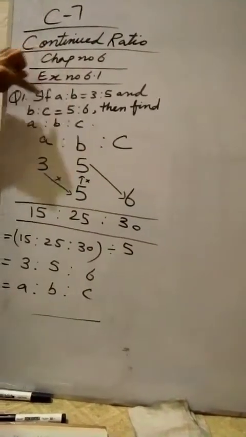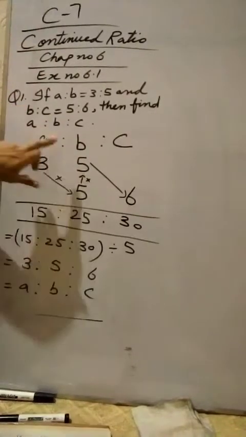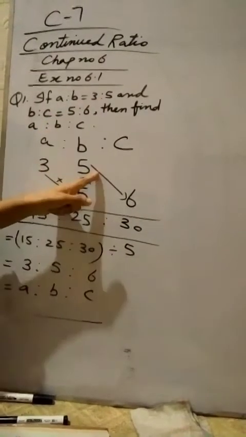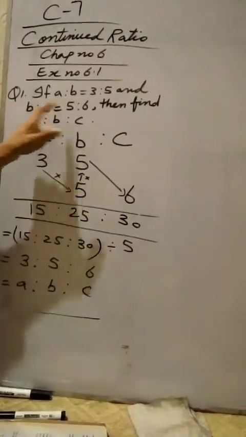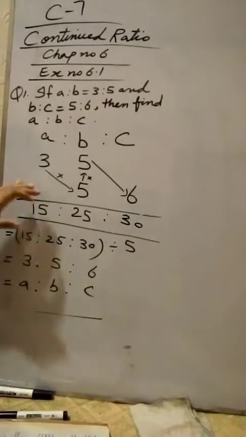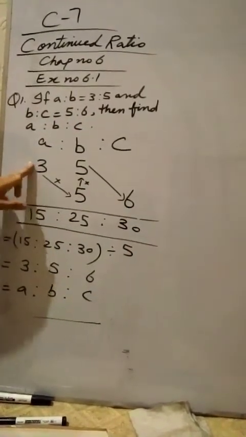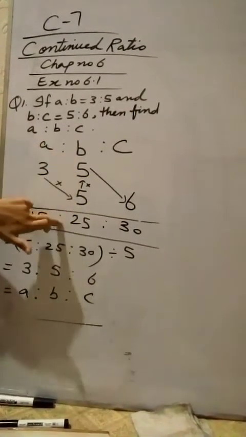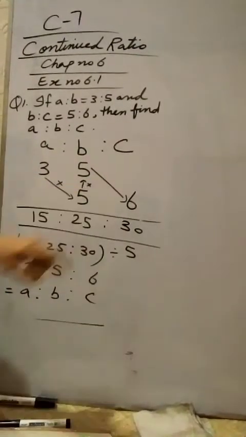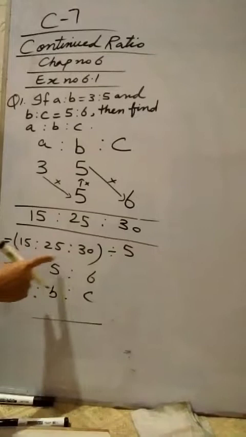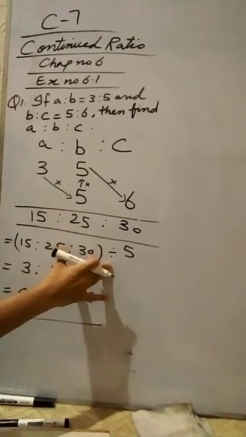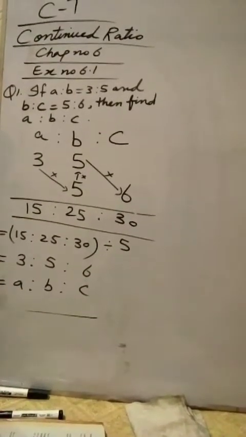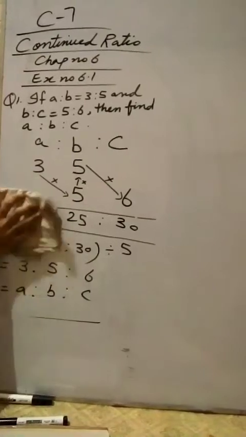So how to solve the ratio question? First step is to see the common value. Common is B. Write the common value in the center, then A and C. In the first line 3, 5, in the second line 5, 6, but always see the value. B value is 5 and C value is 6. Then multiply. How to multiply? Firstly, upward value to downward. 3 times 5 is 15. Then downward to upward, 5 times 5 is 25. Then upward to downward, 5 times 6 is 30. Then you need to check all the numbers. If it is possible, divide them by the same number, and then you have to arrange with the alphabets. Now I am solving the next question.